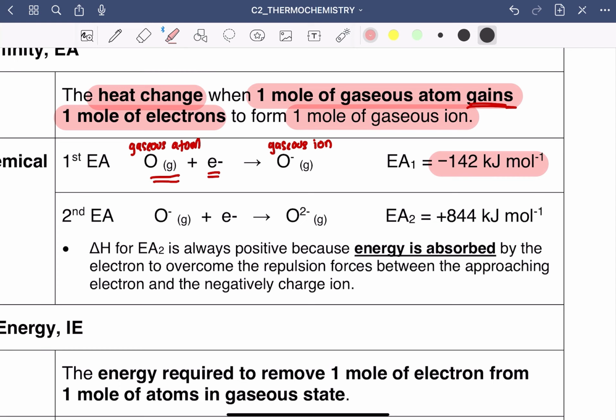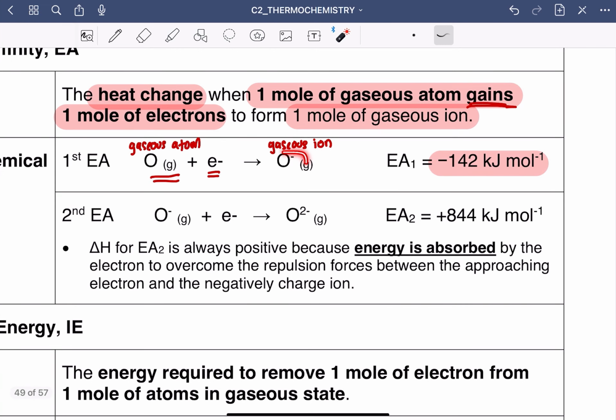So this is what we call first electron affinity. First electron affinity always starts like this. I explain in Malay as well. Untuk first electron affinity, mesti bermula daripada gaseous atom. Sebab sebelum sesuatu menjadi ion, dia mesti dari atom terlebih dahulu. Dan dia mesti dalam bentuk gas. Kemudian, for second EA is when this one, the gaseous ion just now,